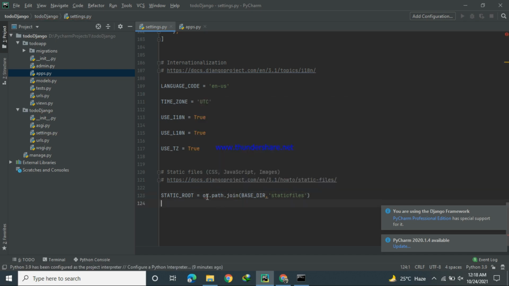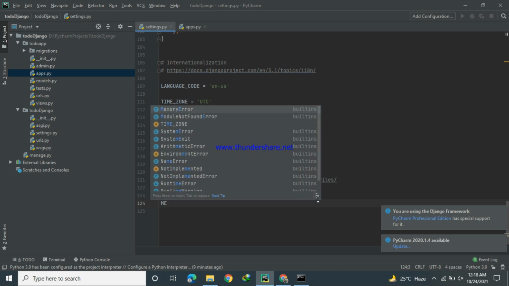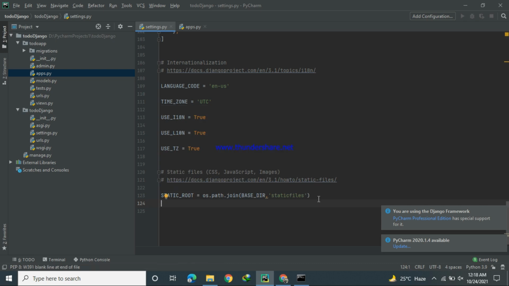Okay, we also import this name os. Then we have MEDIA_URL if we require, but in this case we didn't require media URL, but for your information I will write here media URL also.